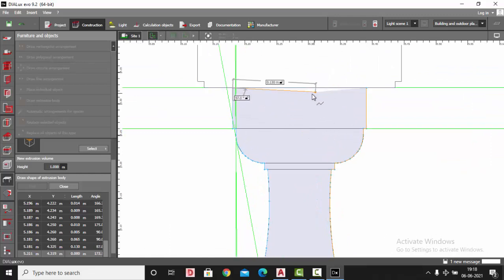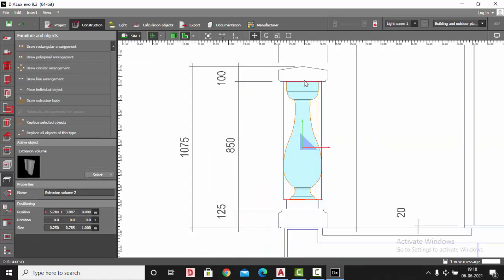Once this is done and there are no other points to trace, right click and close polygon, and this is your